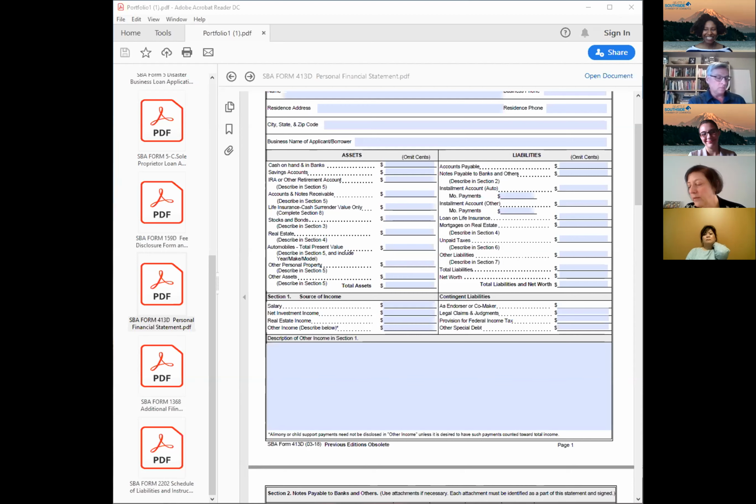Okay, so that's how you would treat that lease obligation and where you would put it on this package. And for any of those contingent liabilities, I would put a document together, a Word document, whatever, to identify what they are, to help the SBA loan officer understand what you have there. All right. And then on the last page, page 3,